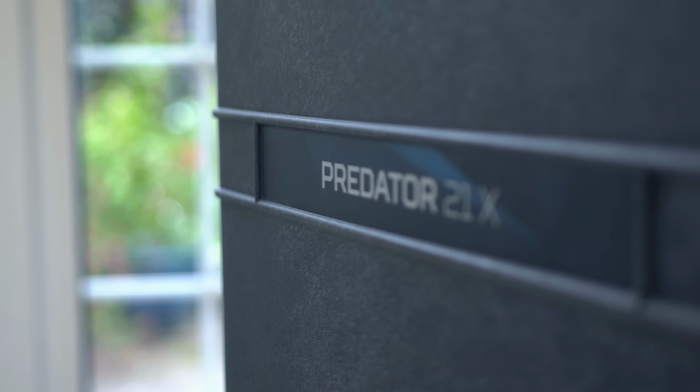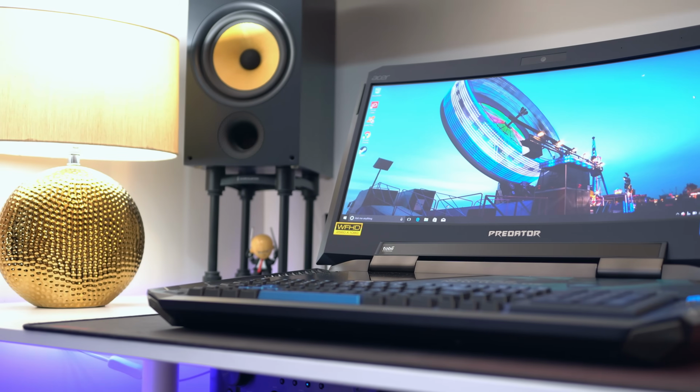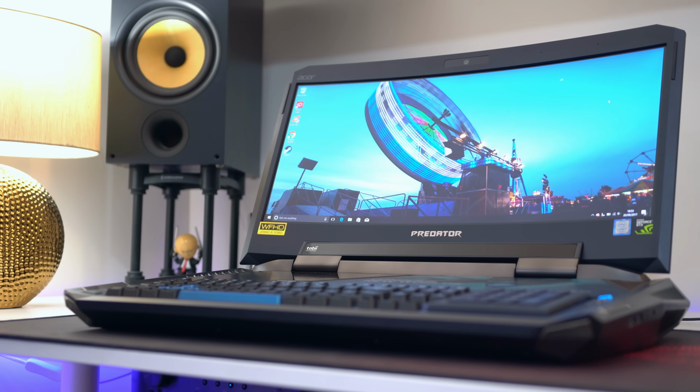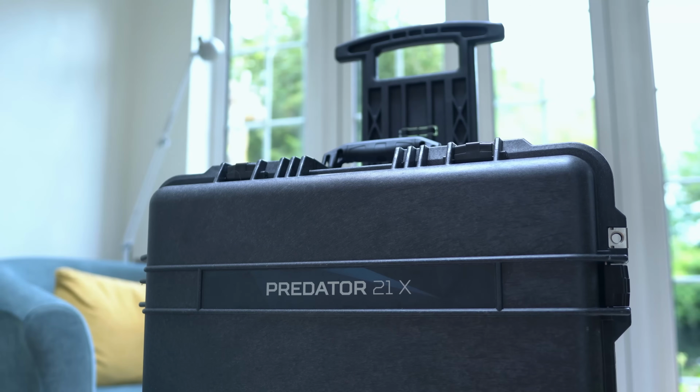Gaming laptops don't get much bigger or bolder than the Acer Predator 21X. Coming equipped with a curved ultra-wide 21.5-inch screen, an overclockable quad-core processor, and two GTX 1080s in SLI, this thing is definitely no joke. But realistically, most of us don't have £9,000 to drop on a laptop, and if we